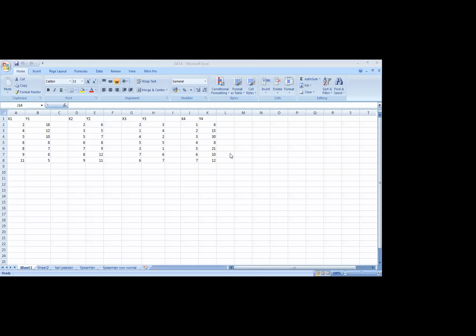Can you see the screen? Yes, okay, thank you. Here we have different sets of data: x1, y1, x2, y2, x3, y3, x4, y4. These are all different sets of data.